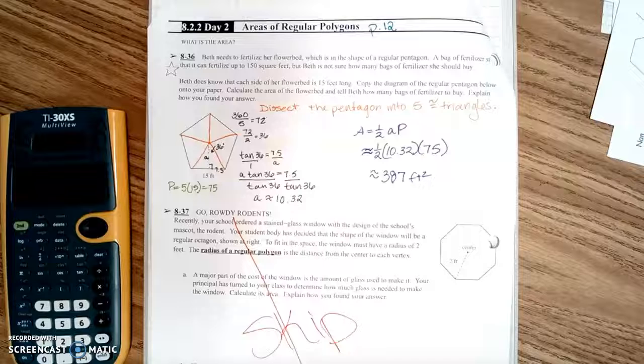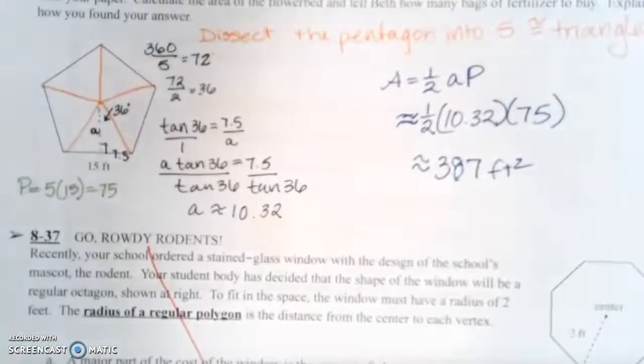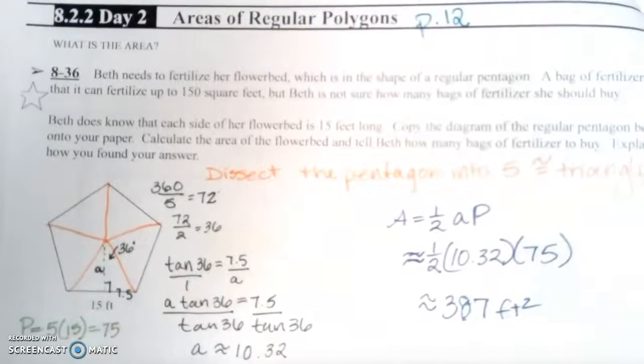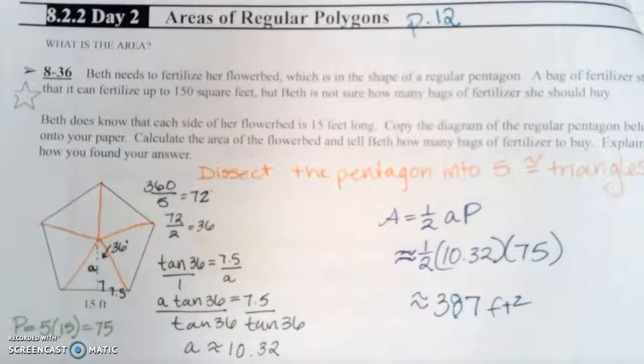Section 8.2.2, Day 2, is titled Areas of Polygons, and we're going to answer the question, what is the area? So for question number 36, it says, Beth needs to fertilize her flower bed, which is the shape of a